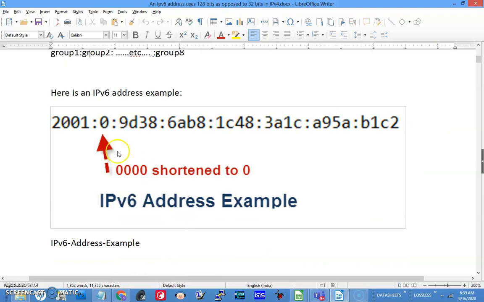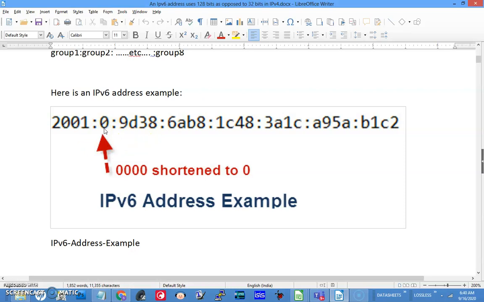Here is an example. Even though we see 2001, it is hexadecimal, so hex digit 2, hex digit 0, and so on. When expanded, this will become 0010. This will be 4 zeros and so on. Now, when we put 0, we are actually representing 4 zeros here. This is a shorthand notation. If you have all zeros, no need to write all the zeros. You can compress it to 0.